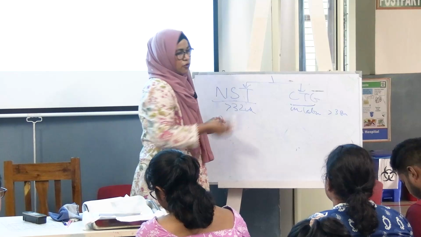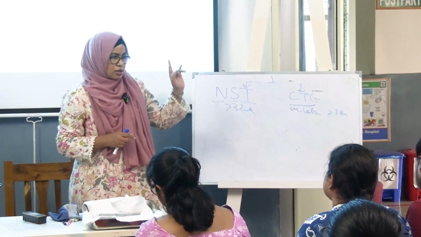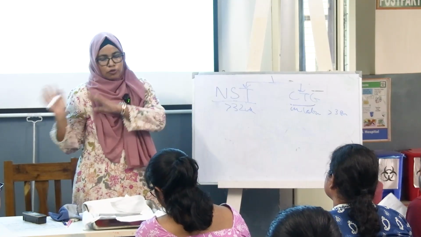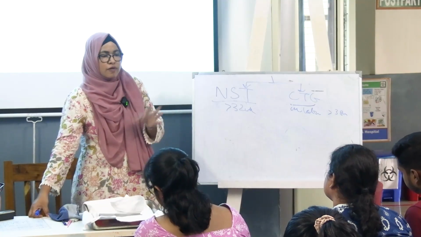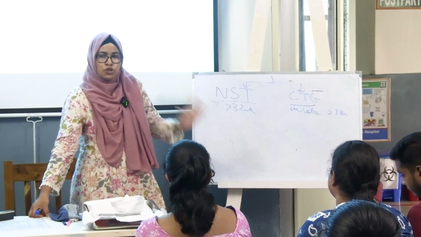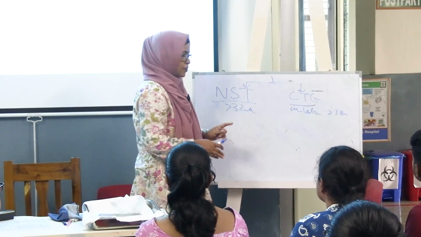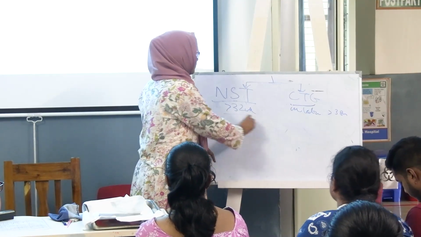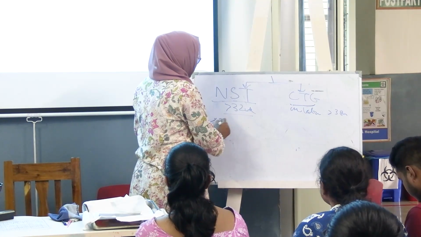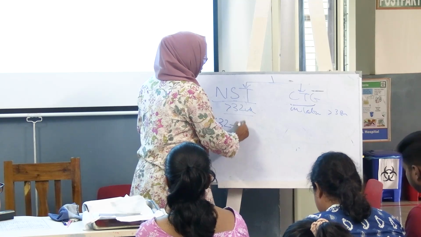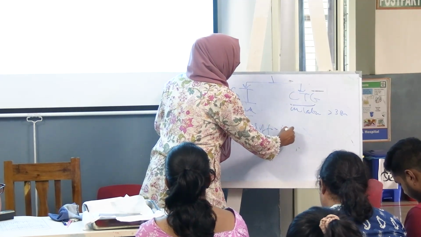Why is it not done before 32 weeks? Because the fetal heart rate variability which you are going to see in the CTG is due to the developed autonomic nervous system of the fetus, which is immature before 32 weeks. That's why you can't do CTG in a 20 weeks fetus. Okay, we normally do NST after 32 weeks, since the autonomic nervous system of the fetus is immature before that.